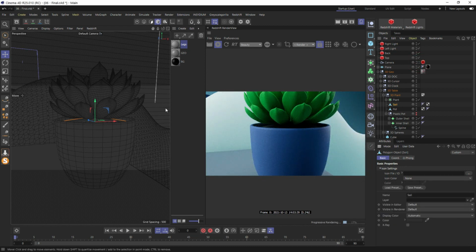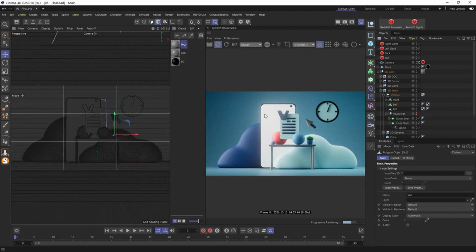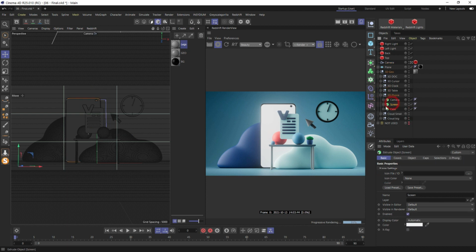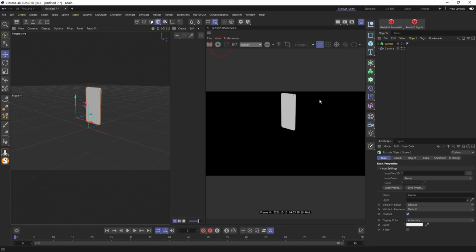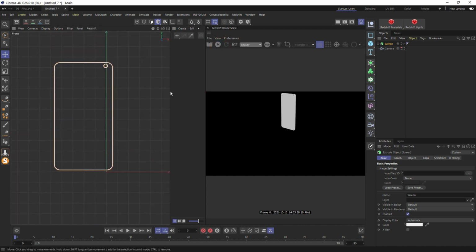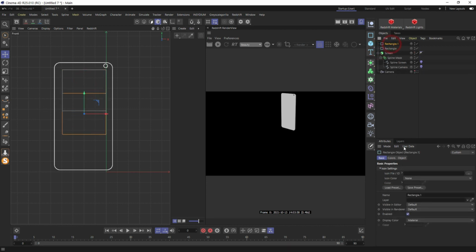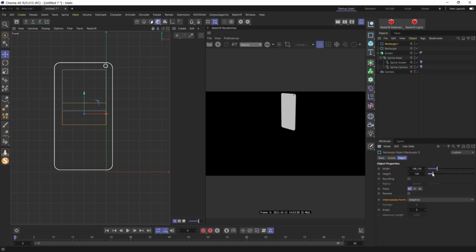Going back to our camera view. I dislike this white zone, so I'm going to our phone, to our screen, Ctrl-C, Ctrl-V, disabling rendering, and would like to create something like fake document editing, maybe like this, going here, decrease height, create one more height, maybe more narrow, like this one